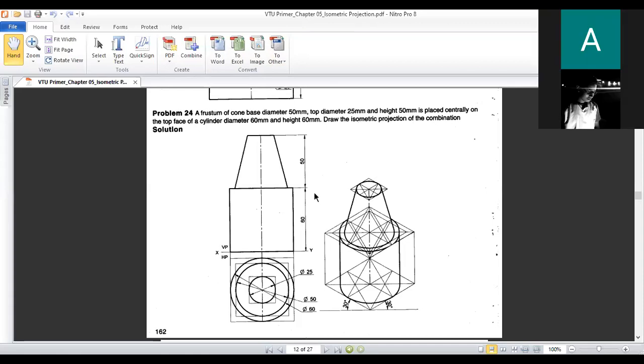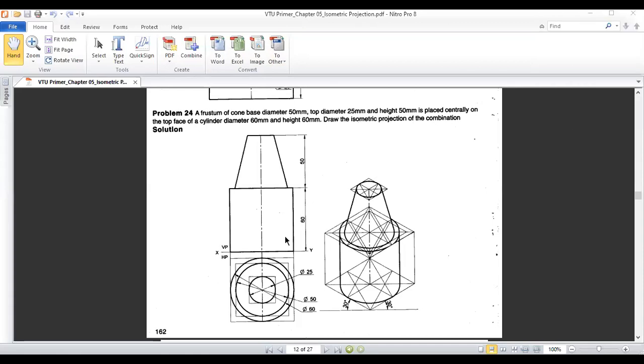If you look at the object, at the bottom you have a cylinder whose total length is 60 and whose diameter is also 60. So you can see the cylinder diameter 60 mm and height 60 mm. On top of this you have a frustum of a cone.